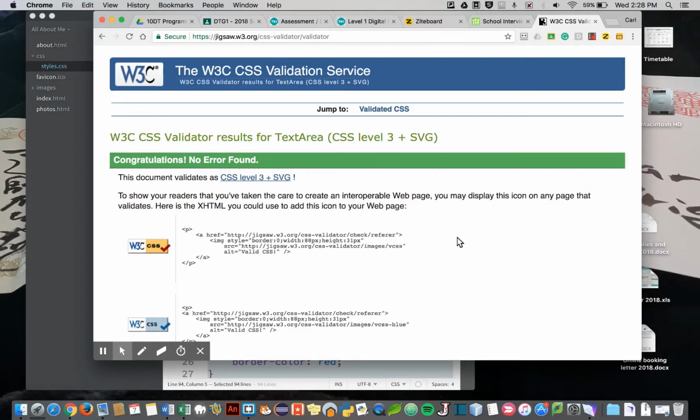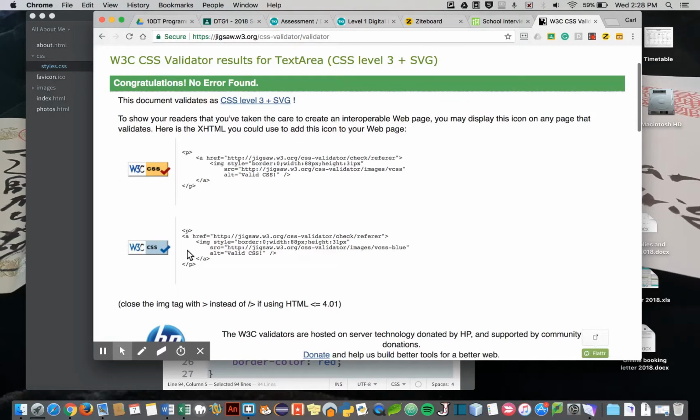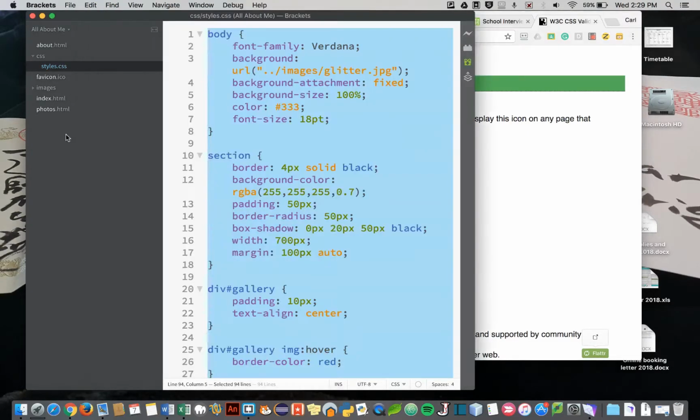So screenshot, you definitely want to screenshot this here and put that in as your CSS has been validated. Now down here, there's actually a couple of things you can put in as well. You can copy and paste these paragraphs here and put these in the footer if you want. One of these, if you like that style, you can put this in the footer of your web page, say your index page. So if I copy that, go back into my website,